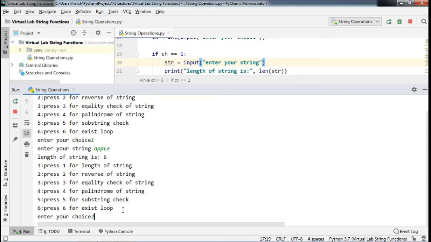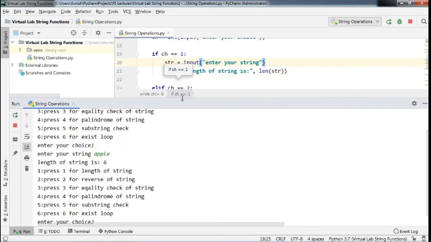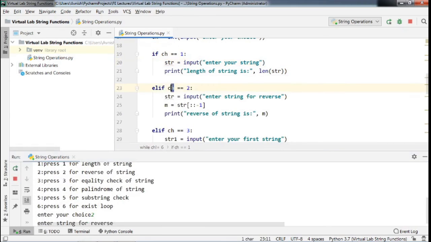Suppose I press 2 the second time, because I want to perform the reverse of the string. The second choice is for the reverse operation. I press enter. Now the ch variable contains 2, so this case becomes true, and it is asking me to enter the string for reverse.